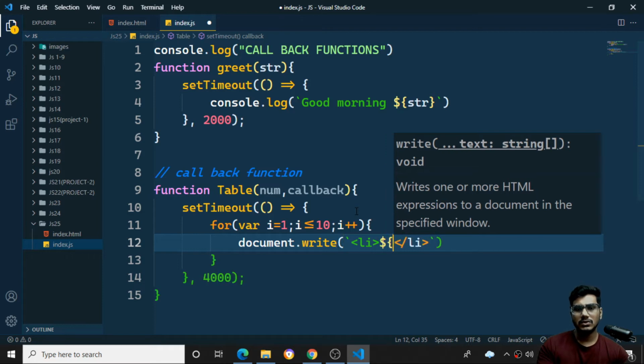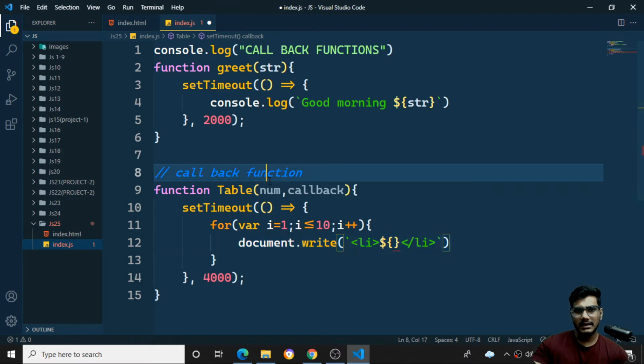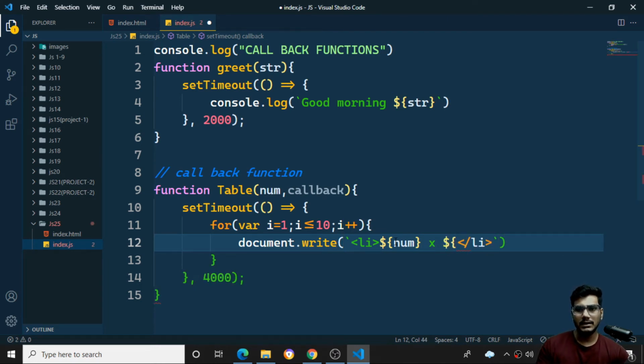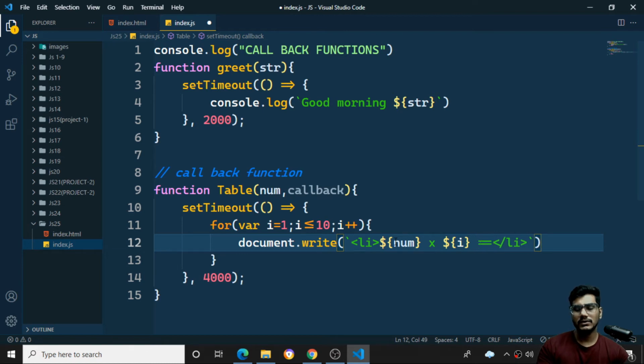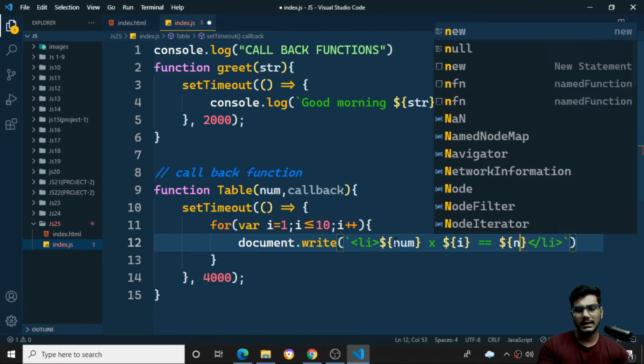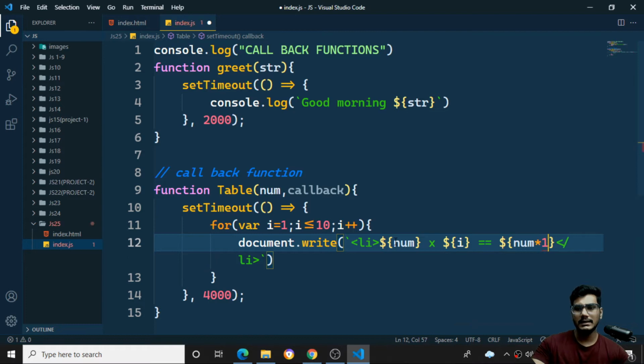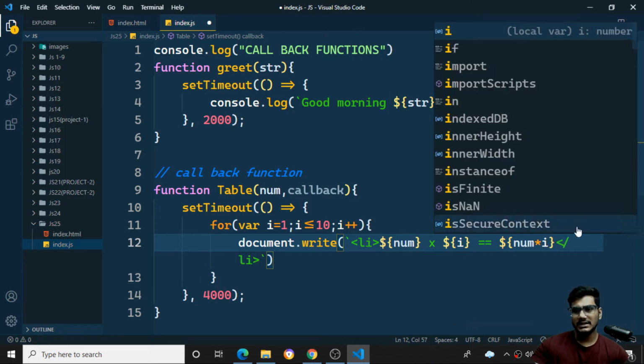Whatever number I pass, that is num, will come over here, followed by ones. Then I pass dollar of i, which comes from the for loop, and equals dollar of num star i, that is num multiplied with the i value. That means 5 ones are 5, 5 twos are 10. It should happen like this.